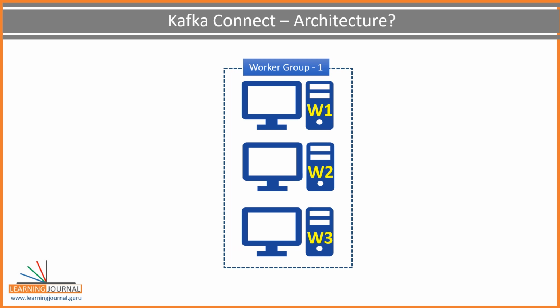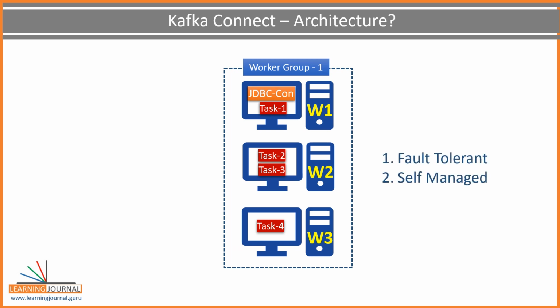These workers are the main workhorse of the Kafka Connect. That means they work like a container process and they will be responsible for starting and running connector and the task. These workers are fault tolerant and self-managed. What does it mean? Well, that's a simple meaning. If a worker process stops or crashes, other workers in the Connect cluster will recognize that and reassign the connectors and tasks that ran on that worker to the remaining workers.